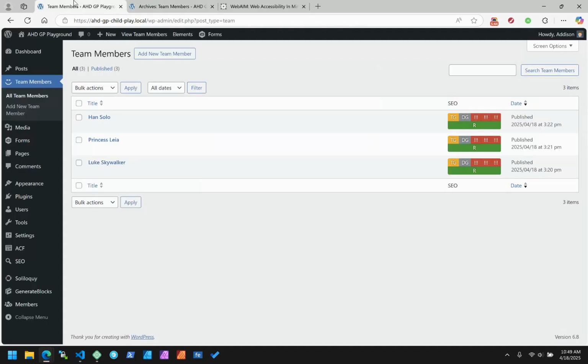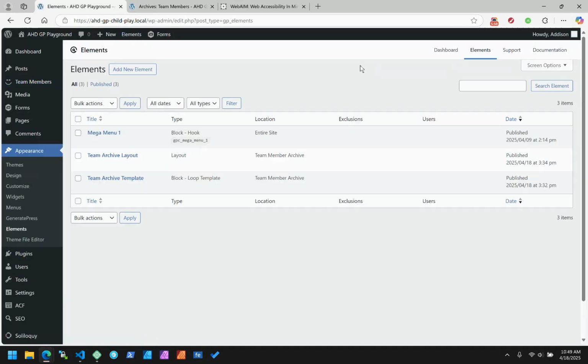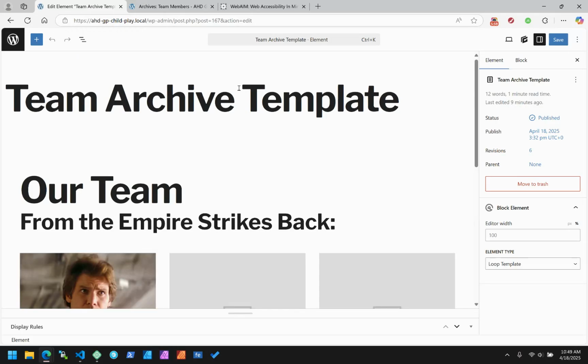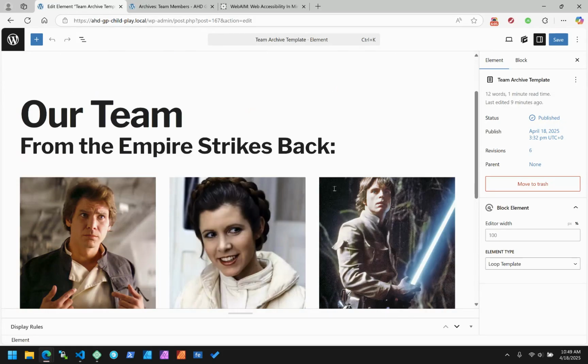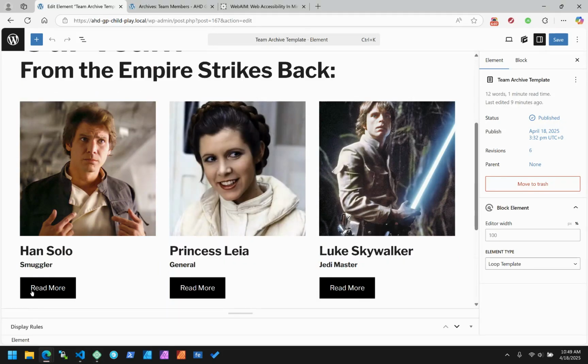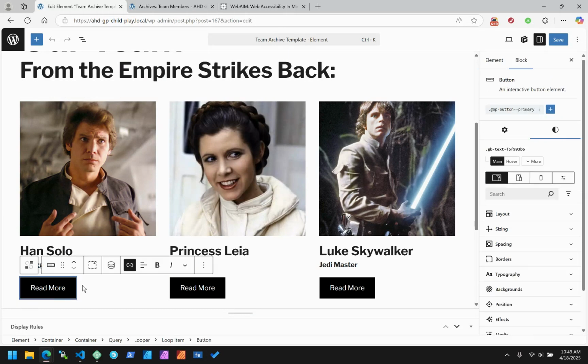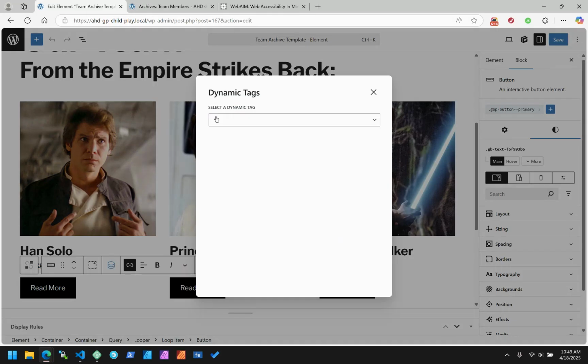So let's look at this in GenerateBlocks. So here are my team members, that post type, and I'm going to go to Elements and Team Archive Template, because that's all I'm doing. It's a block element, and I'm replacing the loop. So this is the archive page or whatever. So what I could do is change this to be more descriptive. So we could pull it dynamically,